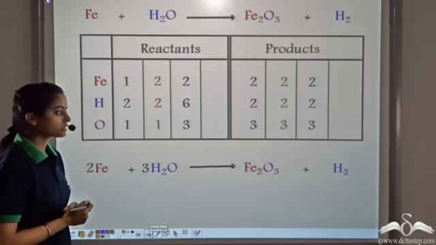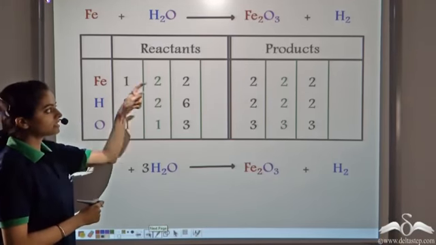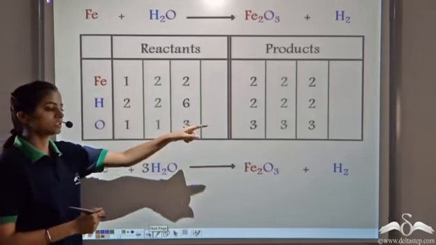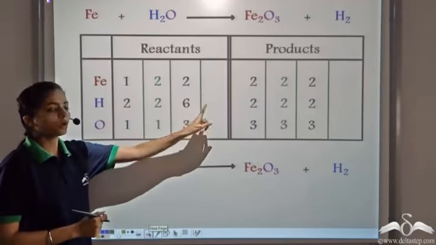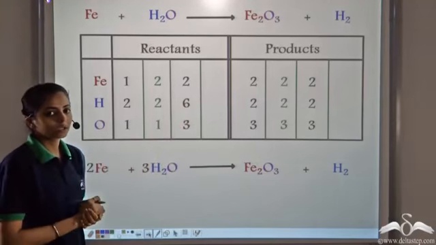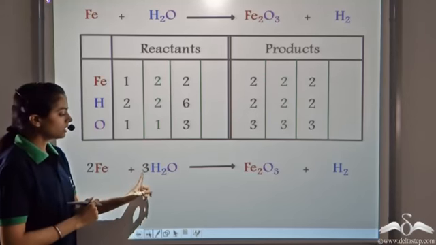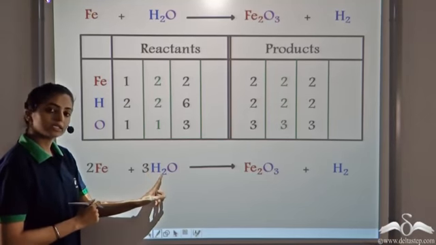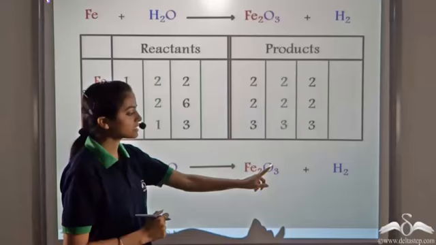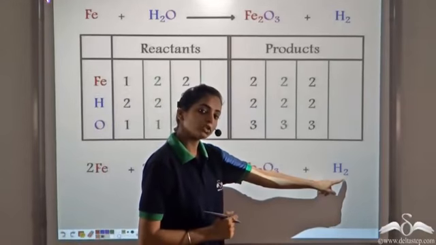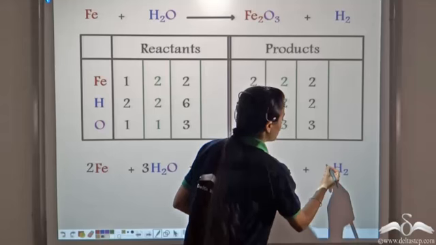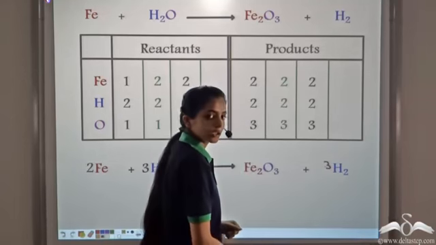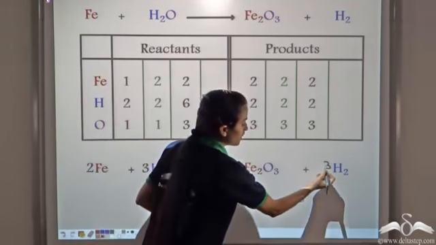Now let's look at the situation. So our iron is balanced, our oxygen is balanced. But by changing the number here, we have changed the number of hydrogen atoms. So how can we balance hydrogen now? Here on the reactant side, we observe 6 hydrogen atoms. Whereas on the product side, we have 2 hydrogen atoms. So what can we do? We can multiply this number by 3. So now when we multiply this by 3,